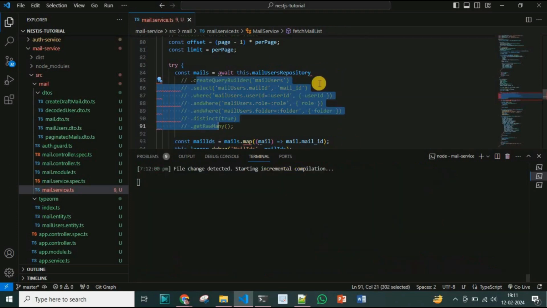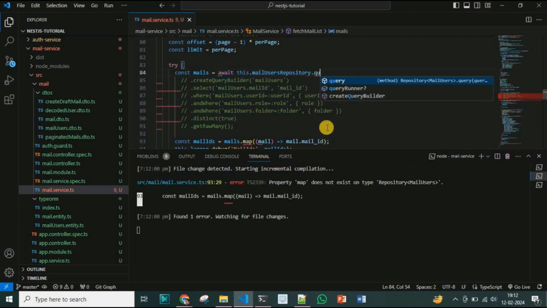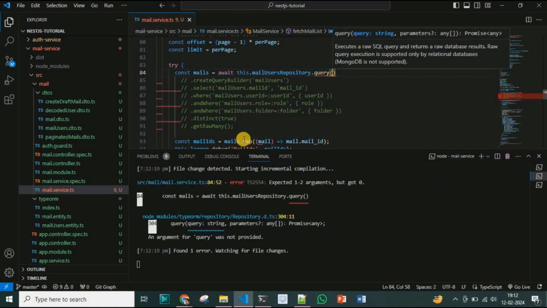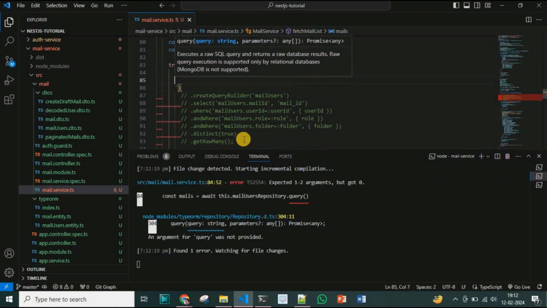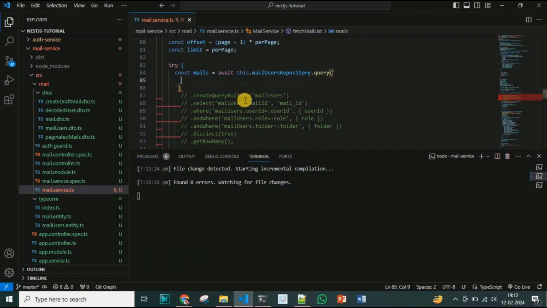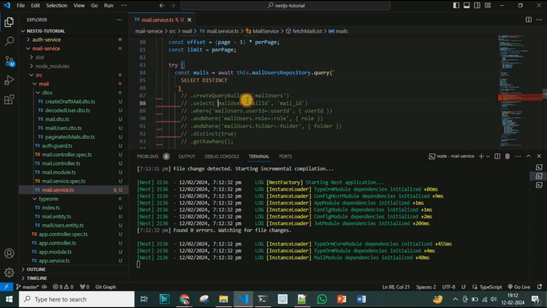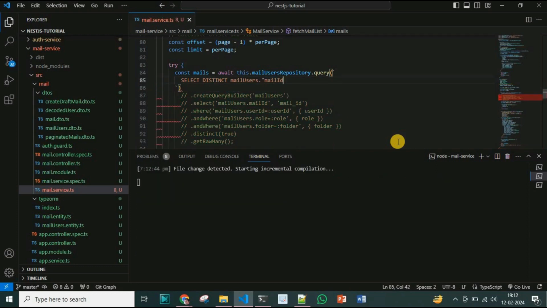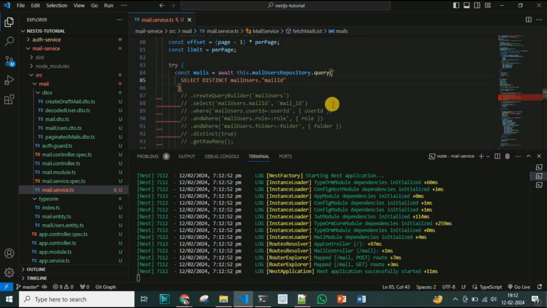So I will comment it out, and here I will use the query where I can run the raw query, and the query will be select distinct mail users dot mail ID, and mail ID I will keep in the inverted comma as mail ID,